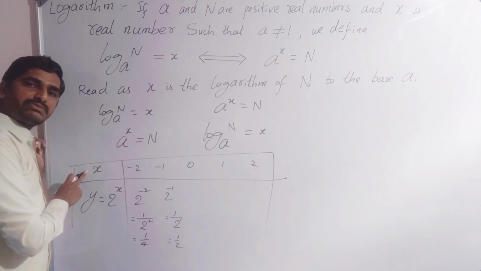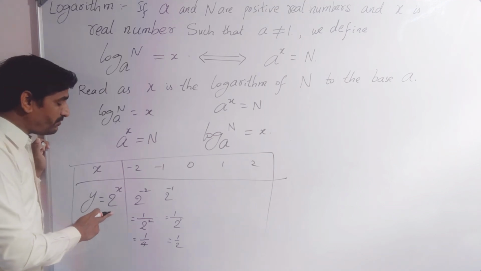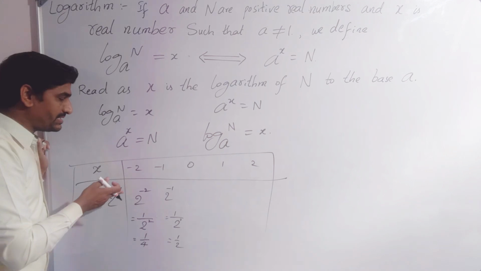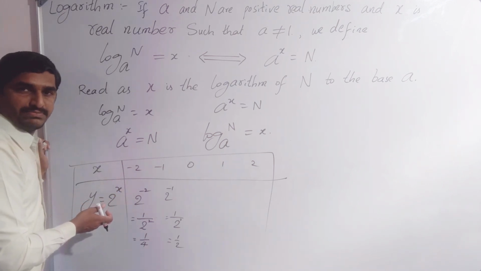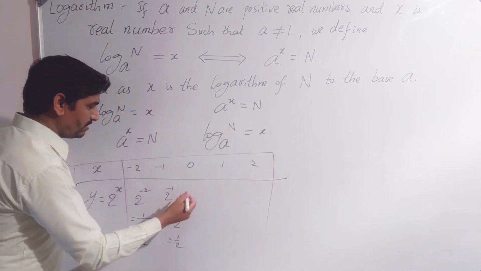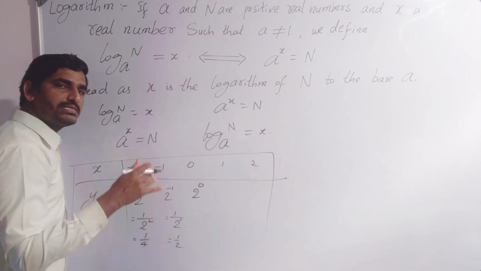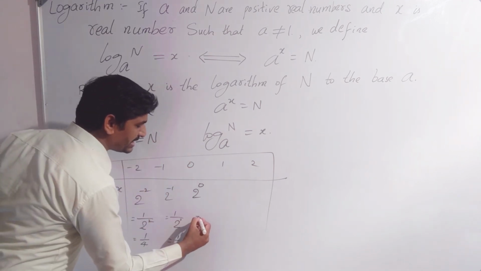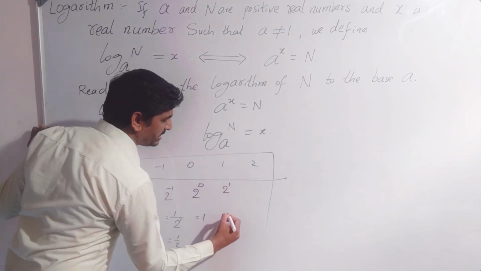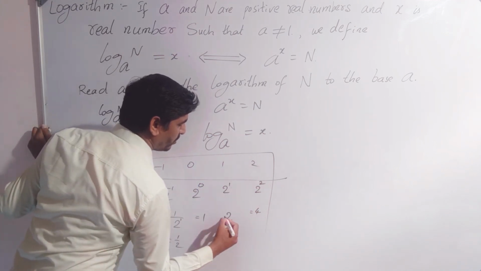See, these are the x values we are taking. We are finding the y value, which is the y value of 2 power x. So through the graph also, it can be written on the coordinate system. In the coordinate system, by using the values we can draw the graph. Instead of that, we are discussing 2 power 0, 2 power something. 2 power 0 gives 1. Now 2 power 1 is 2. Now 2 power 2 gives 4.